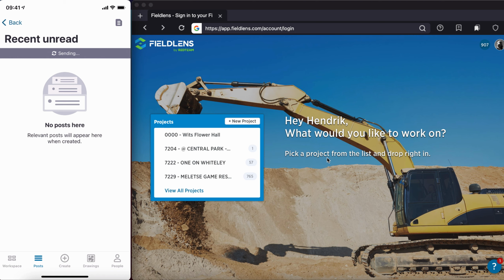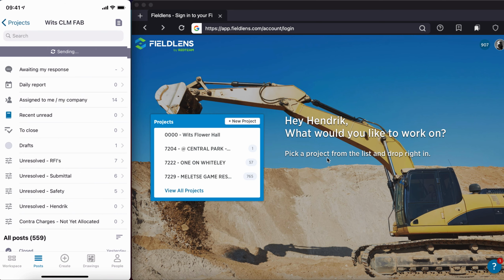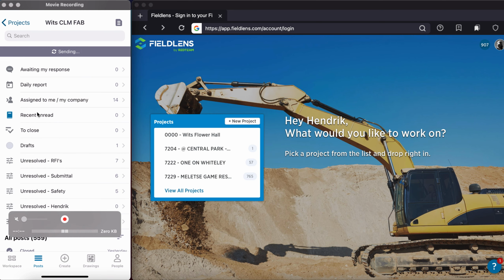So once you've read each item that's in there and just exit the item, it will be removed from the list. It won't be deleted from the posts list, but it will actually be removed from this filter list. So that's the first one that I always look at daily. Then I look at the to close